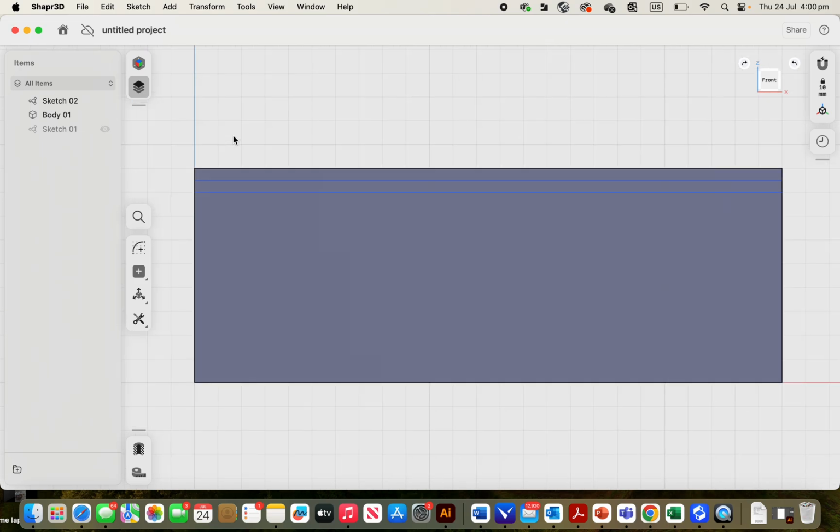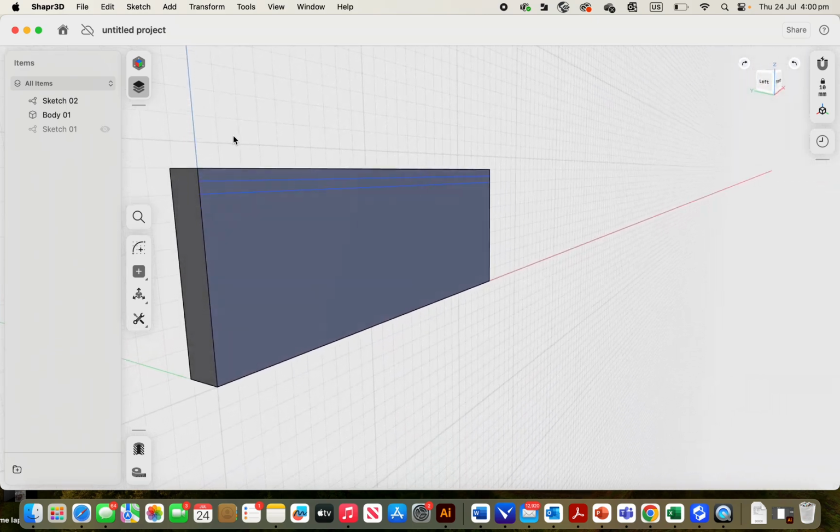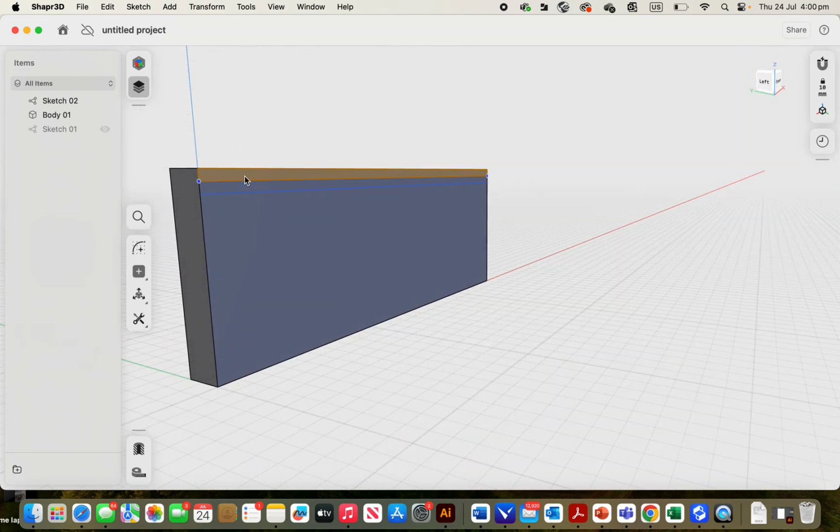Zooming out, again, rotate this to an angle similar to what I've got here. Once you've got that, and again, that's just holding the shift key and putting your fingers on the trackpad. Or with the other version, just gliding your fingers on the trackpad, you work it out. Once you've got that,